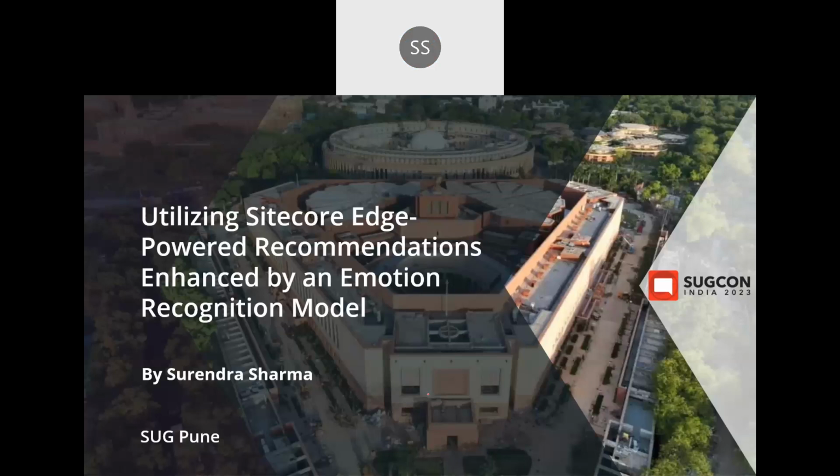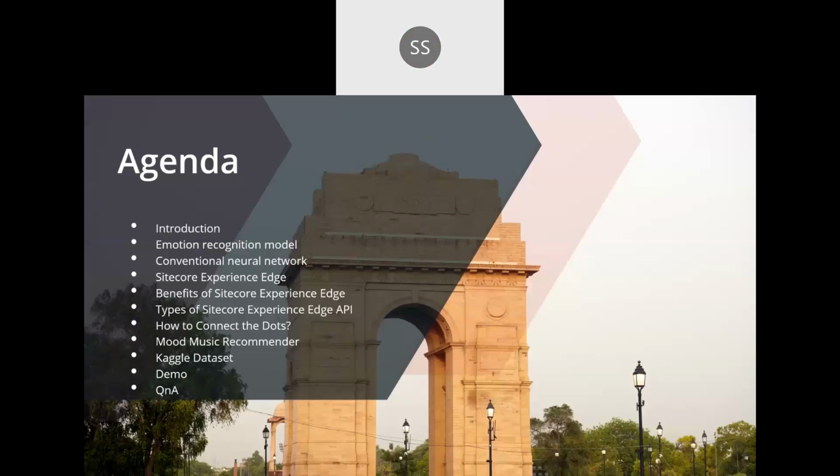Today we are going to look at the recognition model and how you can use it with the Sitecore Edge. Our agenda for today's session is that we'll see the introduction of this topic, and then